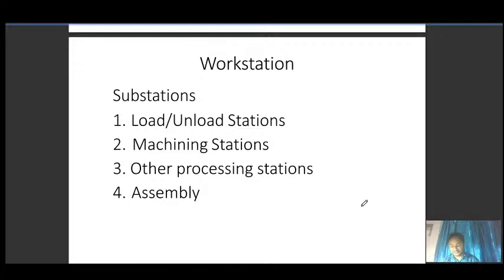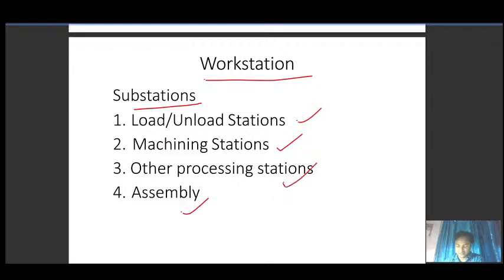So a workstation includes, a typical workstation will have substations: load unload stations, machining stations, other processing stations and assembly stations. So now we are talking about the broader sense of workstation.